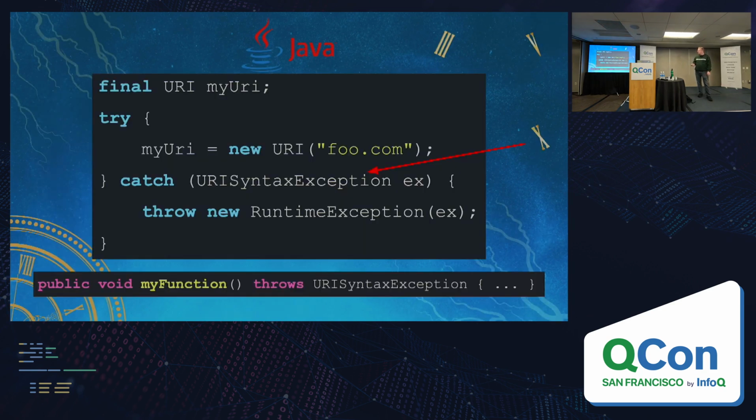And I think one of the funniest examples of that evolution is in the standard library of Java itself, the basic URI class that you use for everything that has to do with networks. It throws a checked exception called URI syntax exception whenever you call its constructor, which means you literally cannot construct one of these objects without the compiler forcing you to put this try catch there, or without you changing your method signature to advertise that you're going to rethrow that, and then everybody else who's calling your function now has to deal with the same problem, right? And everybody hated that because the odds that we were going to actually pass something in there that would cause one of these exceptions were really low and drove people crazy.